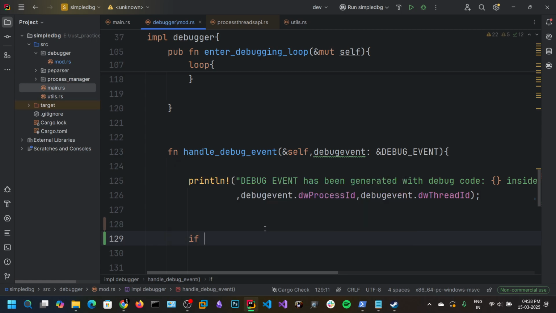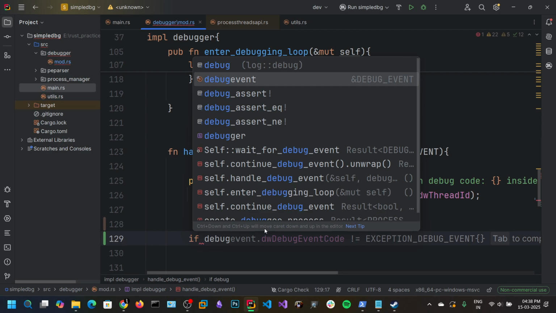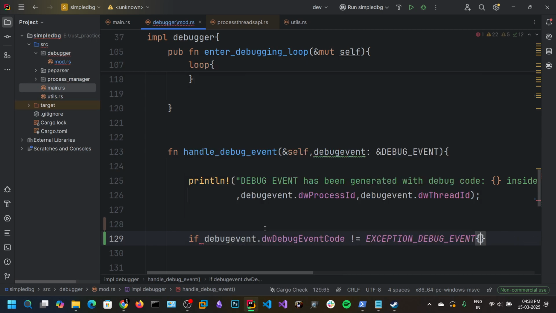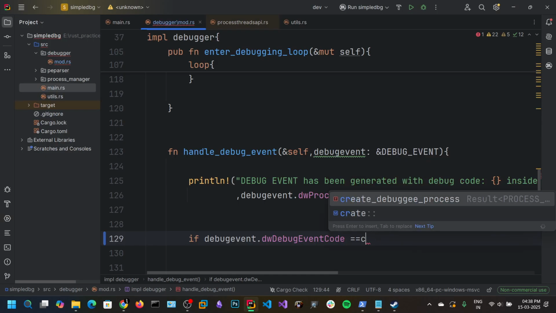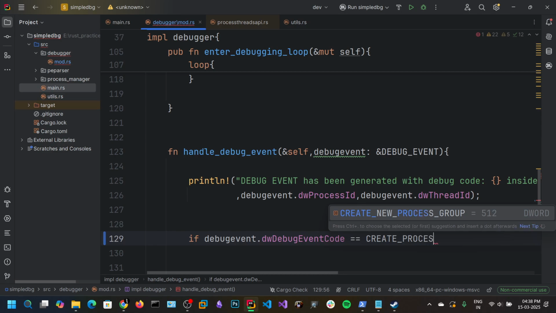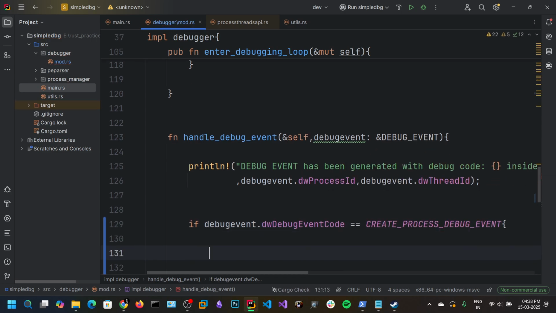So if debug event dot event code is equal to create process debug event, then we are going to